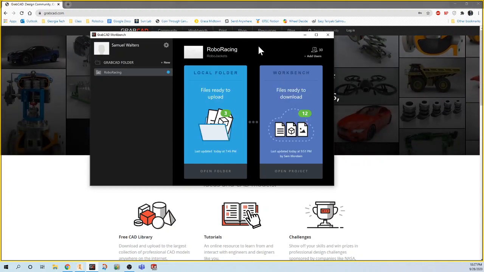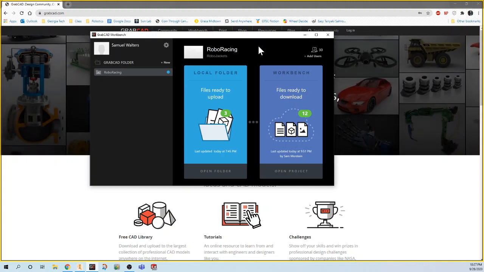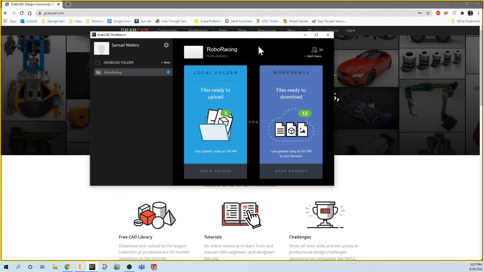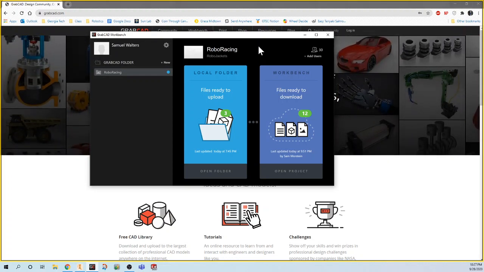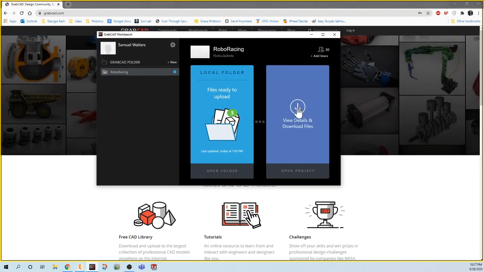Logging in and getting everything downloaded should be something that you've done already with your team. But if not, it's a pretty simple process and you should already have an account using your GrabCAD email. So when you first open up this desktop app, you're going to see, usually this one will be